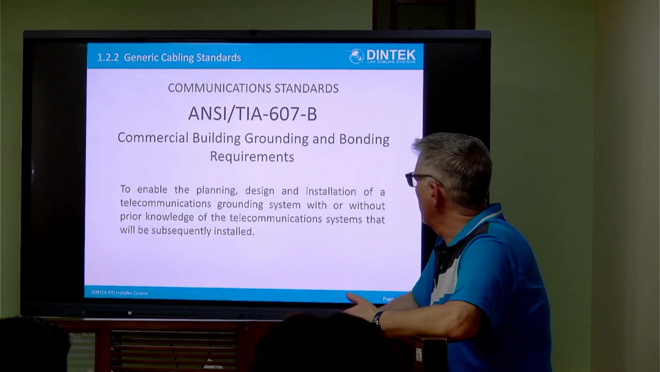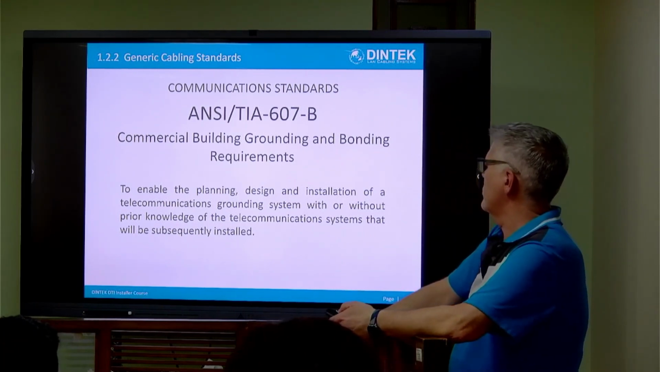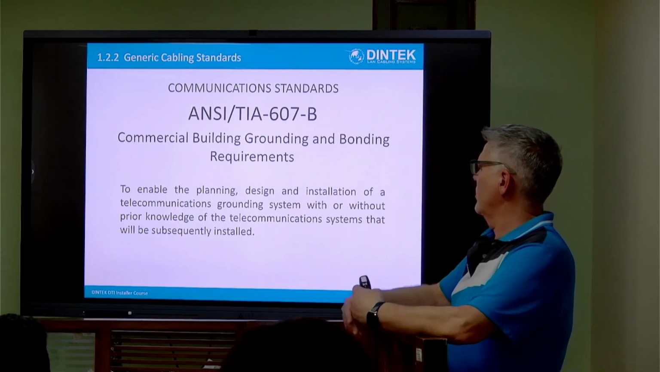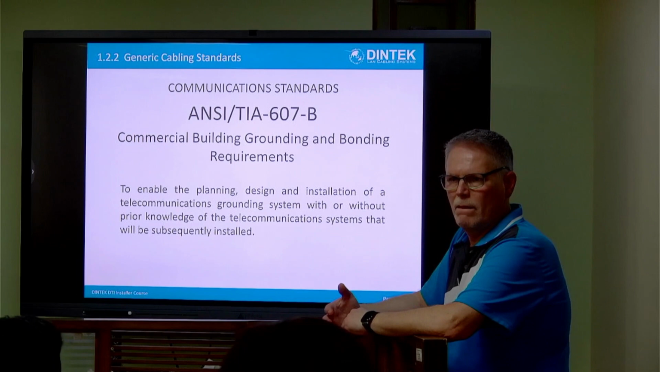And the fourth one, these are the main standards that we use, the fourth one is 607. And 607 deals with grounding and bonding and cabling systems. Now,